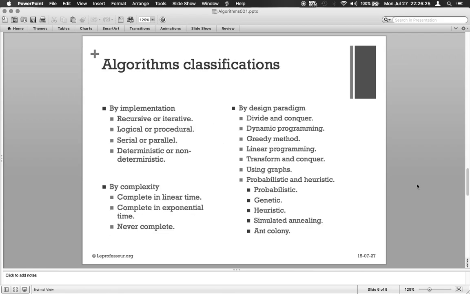Let's move forward. We can classify algorithms in different ways. This slide gives an overview about different classifications. We can classify by implementation, by design paradigms, and by complexity. But here, we don't go into details. These are simply showing that we can design algorithms